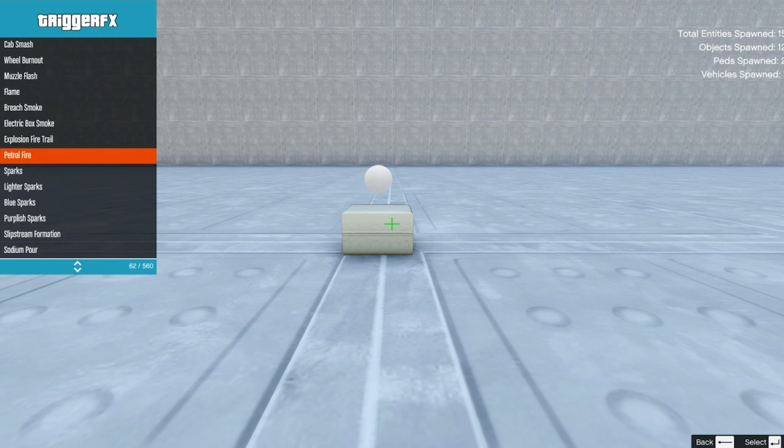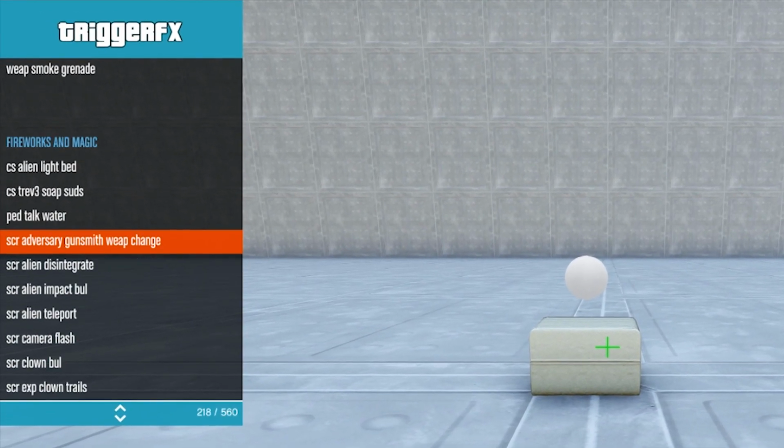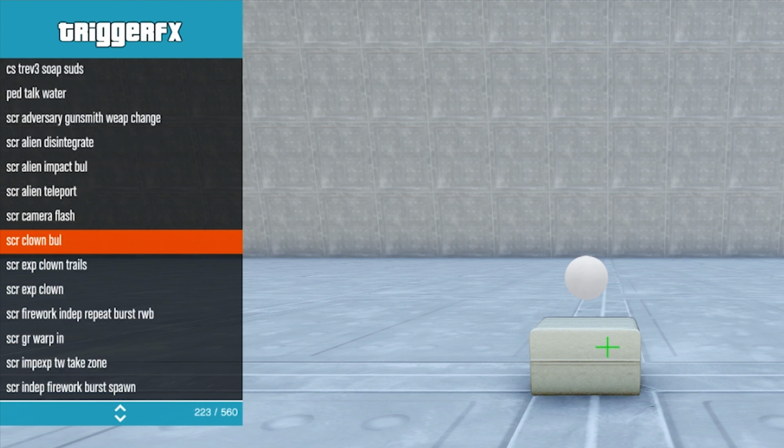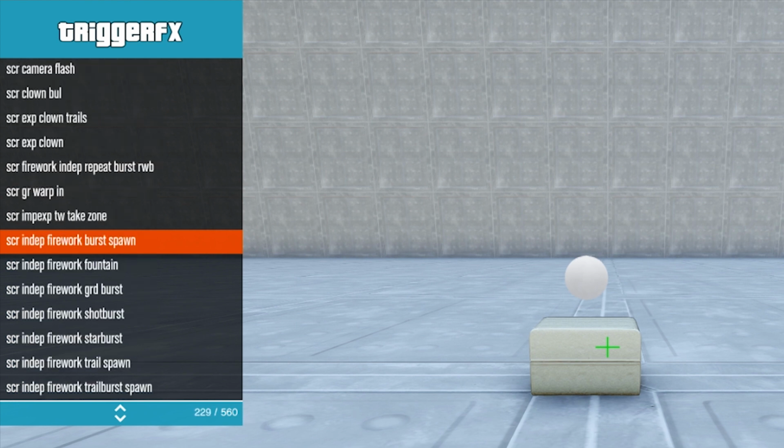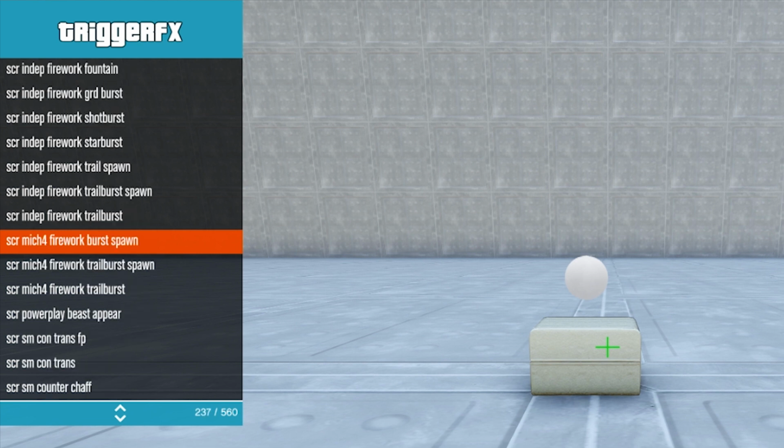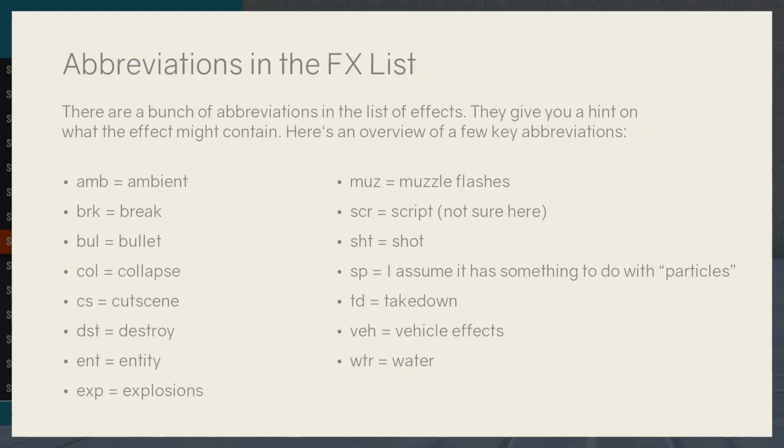Scrolling through a list with 500 entries surely isn't fun. There's also no search feature available because it is an unofficial modification of an unofficial modification of a video game. So, firstly, you should learn the abbreviations used in the list to get an idea for what each effect does. Each of the categories I've shown earlier has a bunch of effects with different names and abbreviations. More details here. You should definitely screenshot this because understanding these code bits will make it easier for you to find the right kind of effect in the long list.